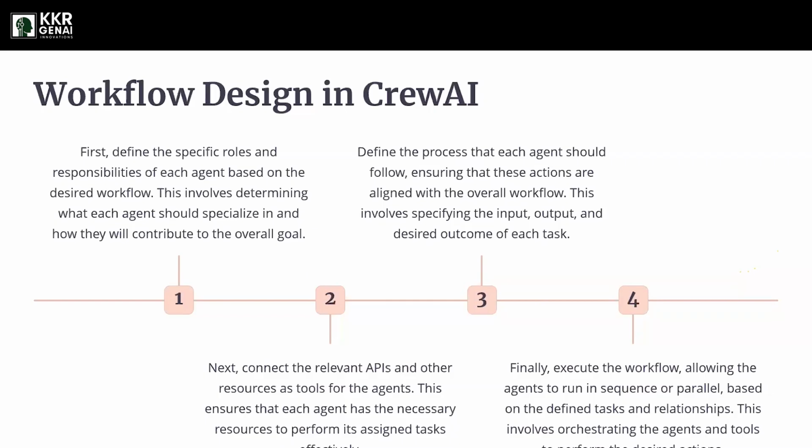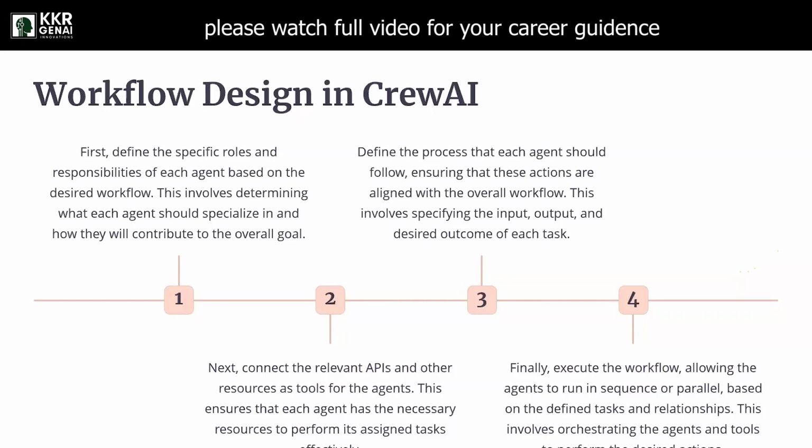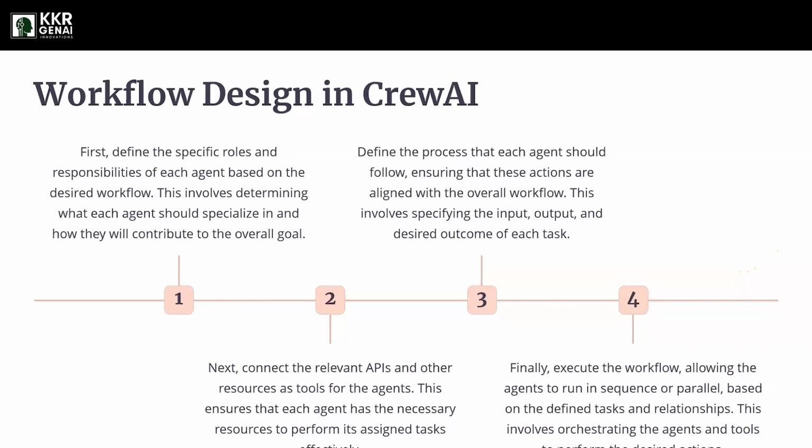When we talk about parallel execution, agent 1 will be working on some specified task, and agent 2 will be working in parallel on another specified task. In this way, they are working in parallel for our requirements. The final step is execution. We also define how the agents need to execute in the necessary order. We will prepare the flow and give it to the agents, so that they work based on the specific flow given by us.